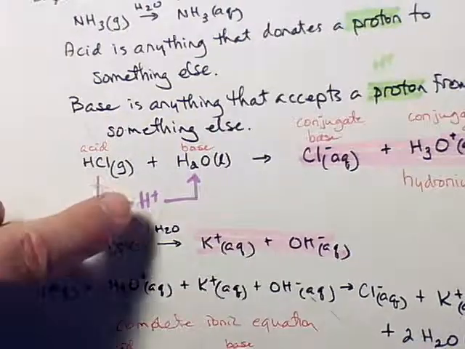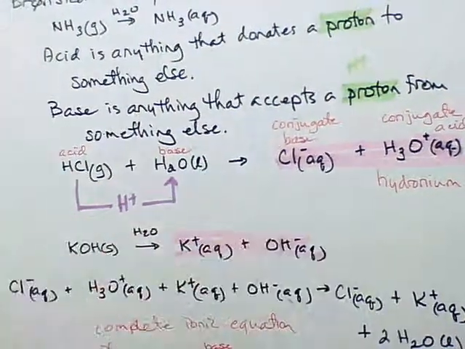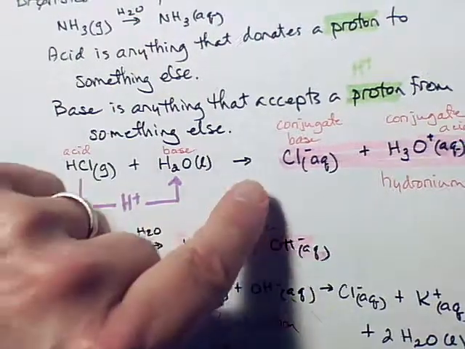Okay, I stated when we were going over this that this is an example of a dissociation equation for the Bronsted-Lowry theory of acids and bases. So you're going to transfer this knowledge